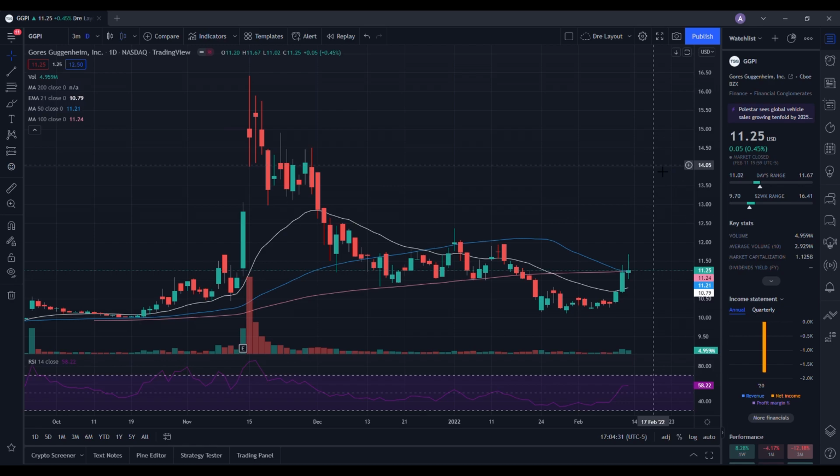Now, when we take a look at our chart, which is a daily chart, we can see from the RSI down below, it is at 58.22. And then when we take a look at our moving averages here on the chart, we are above the 21-day EMA, and we're also above the 50-day. So we can see we've been on quite a strong uptrend, seeing higher lows for the past 3 trading days. And another thing that I want to bring to your attention, we ended up seeing a high on the Friday at